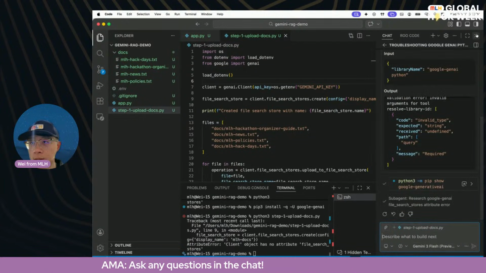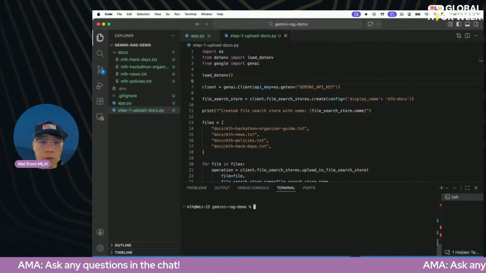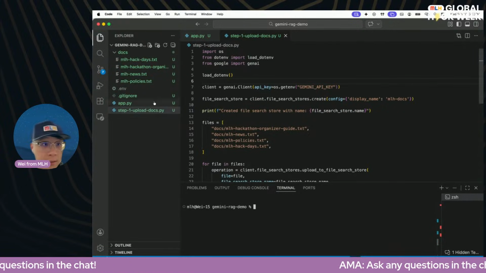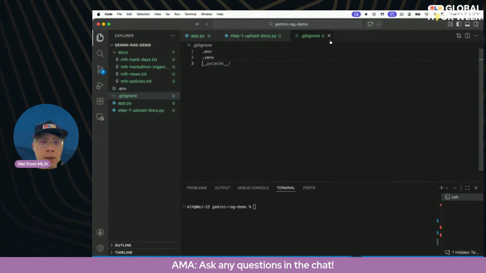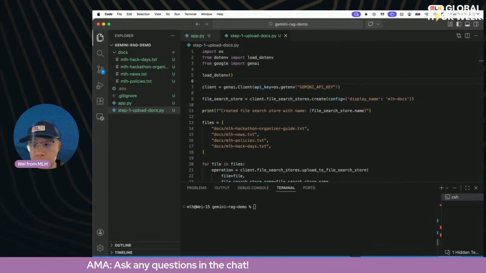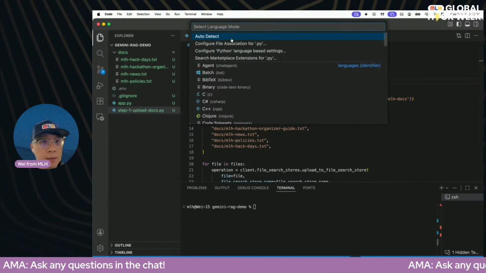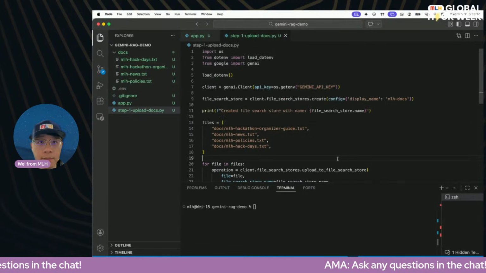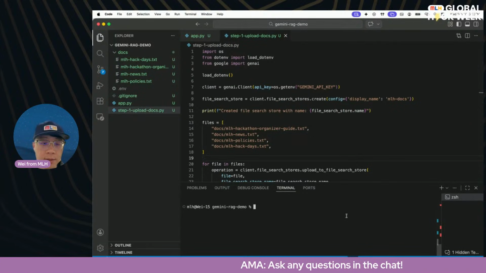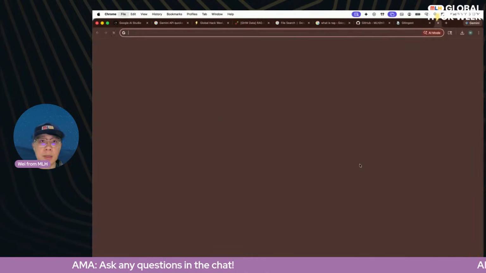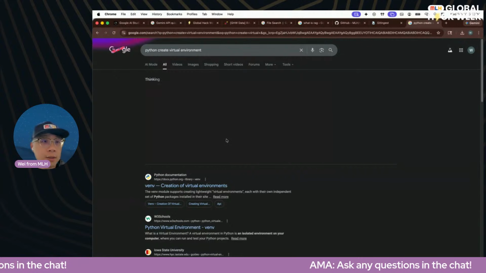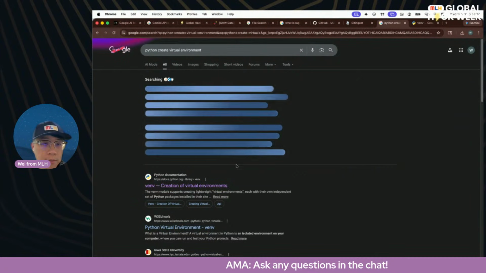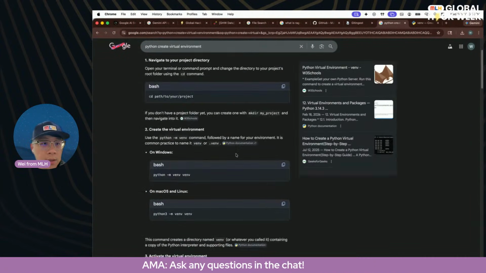Okay, that's too many steps. So why don't we just do that? That's probably the best practice anyways. So we'll go to gitignore and also ignore the virtual environment that we'll create, and click Python virtual environment. Okay, now we can say Python create virtual environment, and you can see some official documentation on this, but essentially